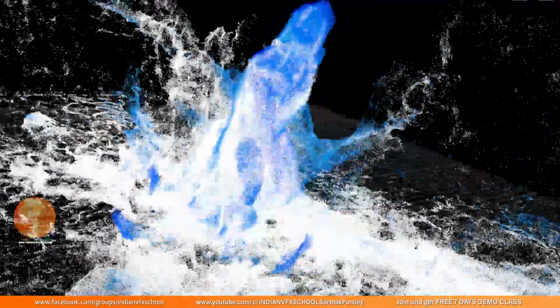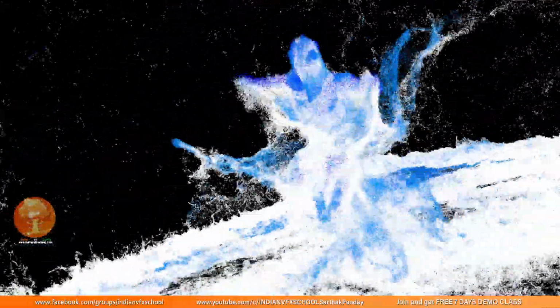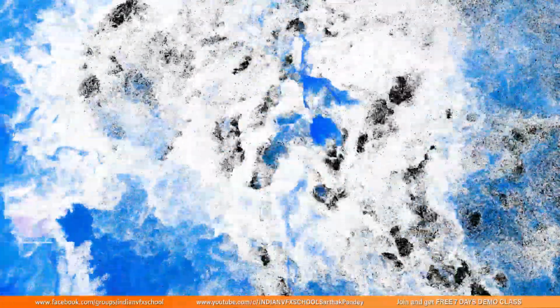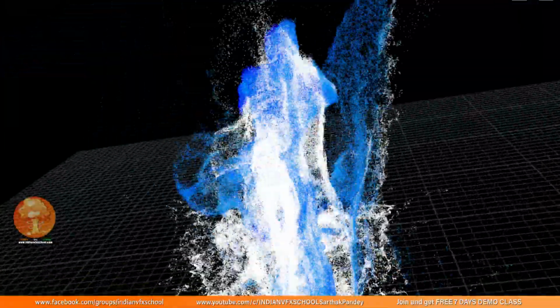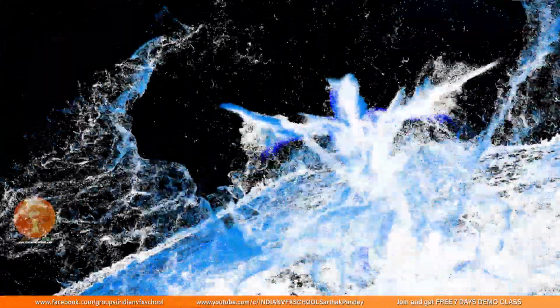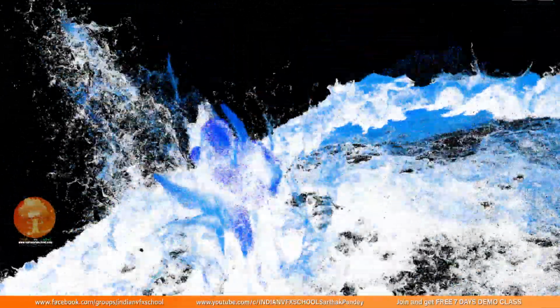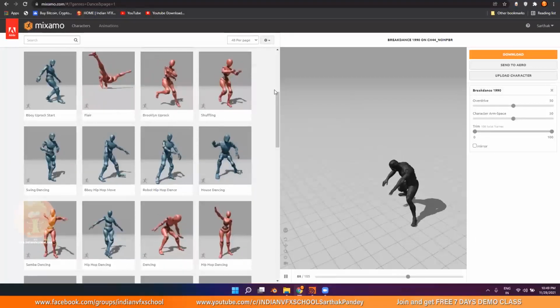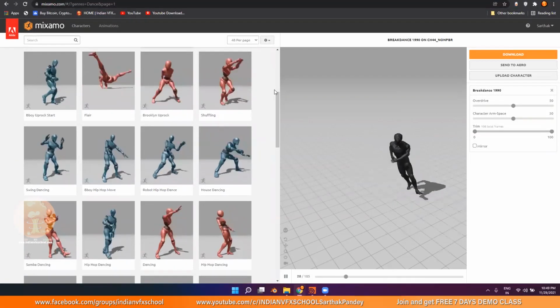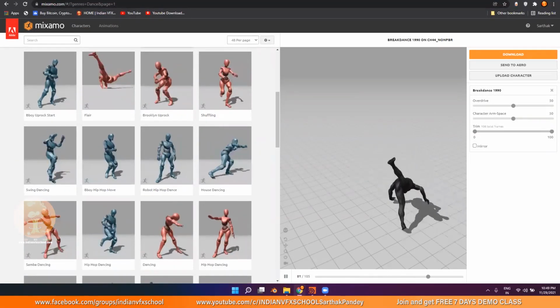Alright guys, welcome to part 3, and in this one we're going to see how I've made this dancing flip man. This is a man who is dancing, where I've downloaded the animation and the file from Mixamo.com. If you go into Mixamo, you can choose your character and apply some animations, or you can directly go to my website and download the project file, so you will get the character and this thing itself.